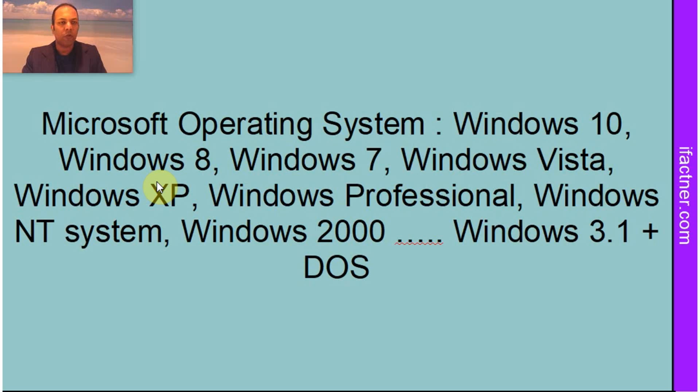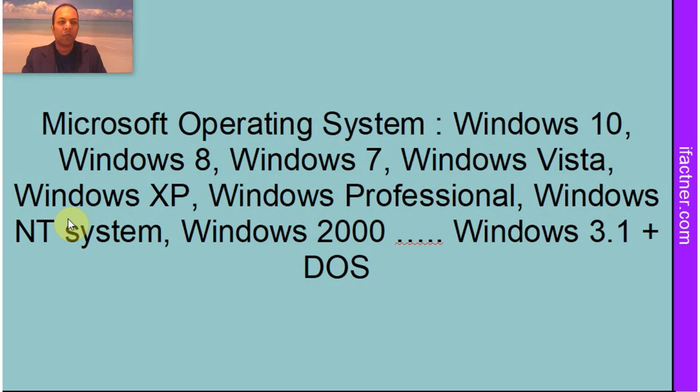Windows 7 was released in 2009, and it was a good operating system of its time. We had Windows Vista, which was released in 2007, and another important operating system which was very popular in the early 2000s was Windows XP. And before that we had Windows Professional, Windows NT, Windows 2000 Server, and